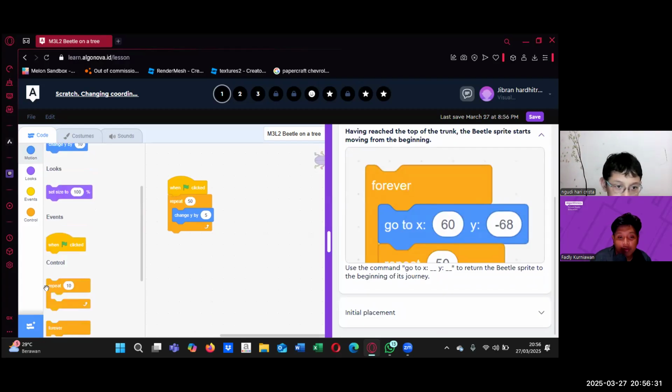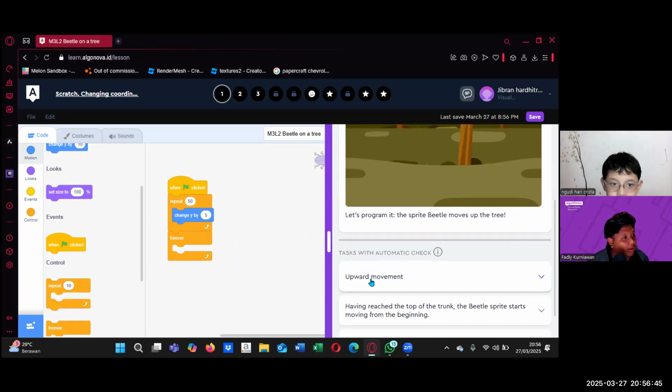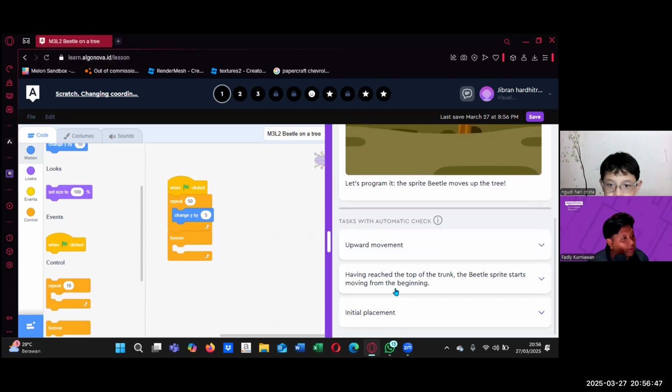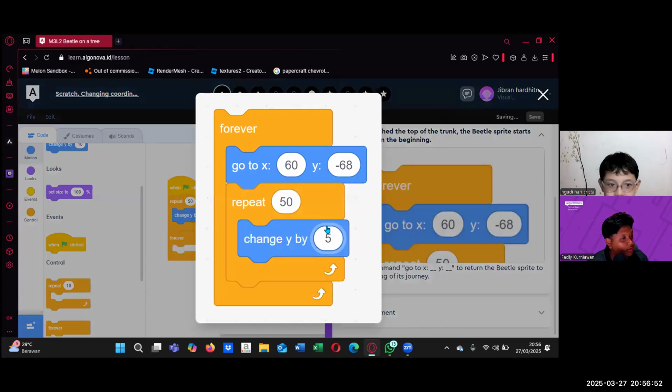Yes, and use forever. Why do we use forever? Because in the question, the character goes up, down, up, down. That's why we use forever. And that's why the go-to is inside forever, because after a few seconds he will go back to the bottom, right? That's why we put the go-to inside. Usually we put it